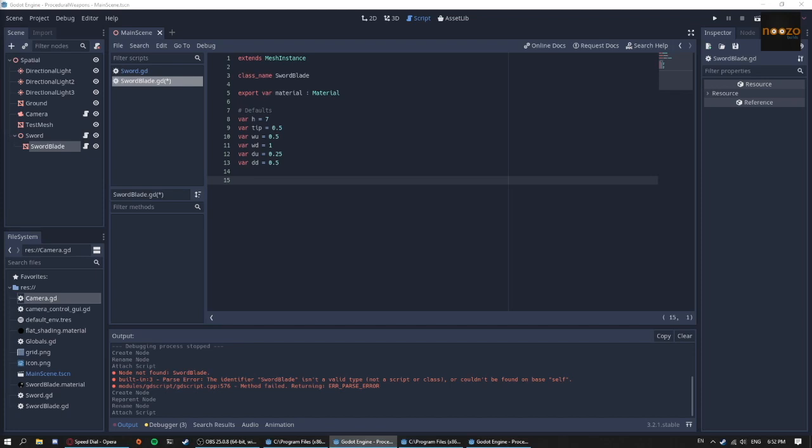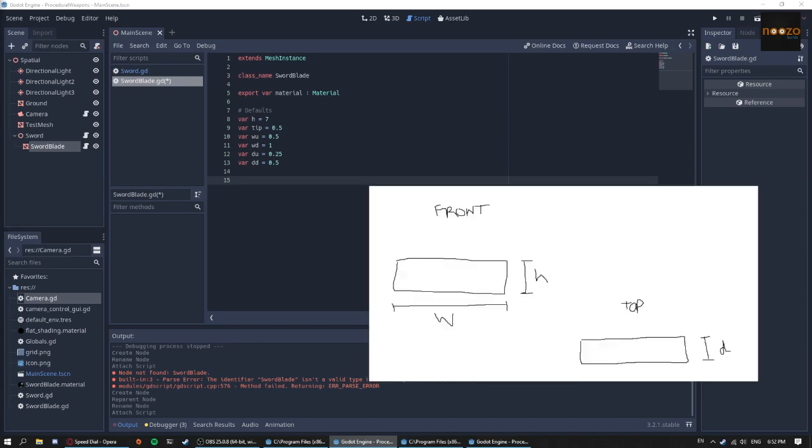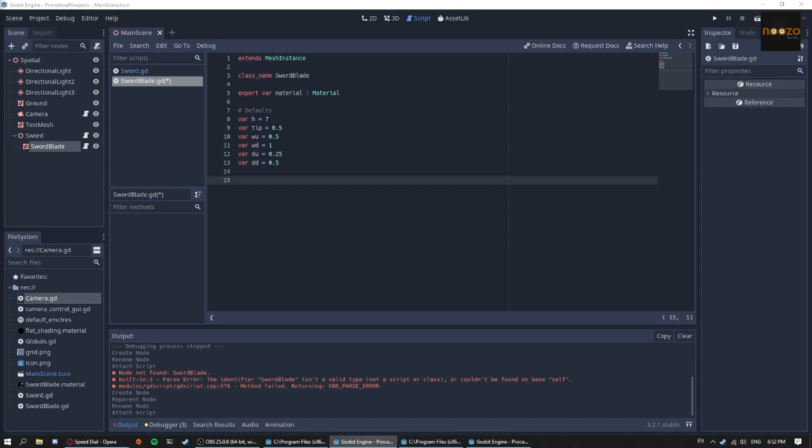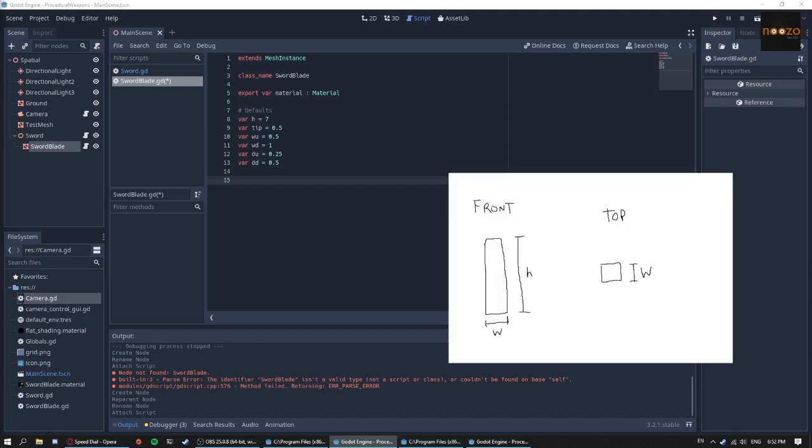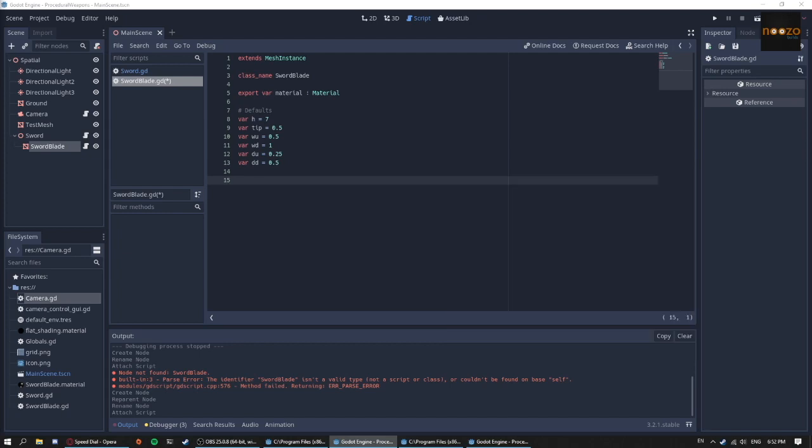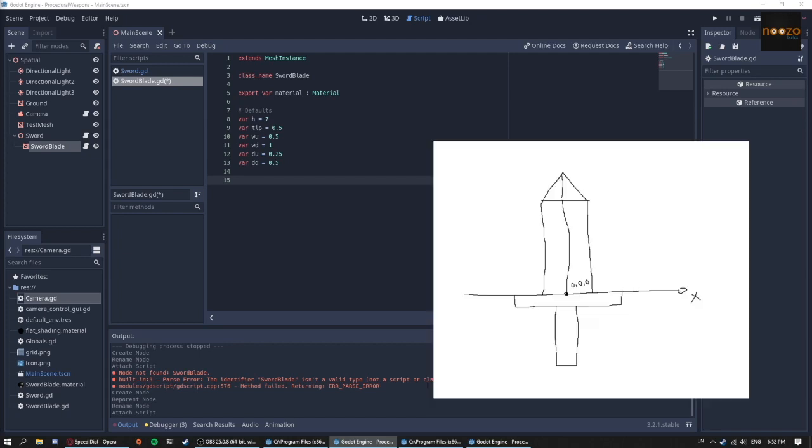Also, the sword guard is going to follow a similar format, but it's just going to be like a straight kind of rectangular cube-ish thing, just completely flat with some height and some depth as well, and some width. And then the sword handle is just going to be a kind of extruded cube, if you will, with width and a certain height. The sword itself is going to be drawn from 0, like from Y0 upwards,